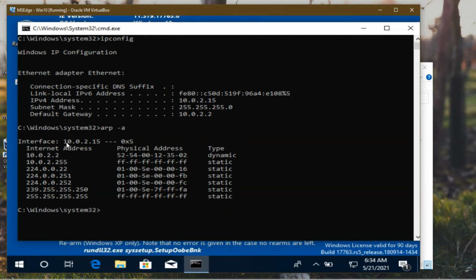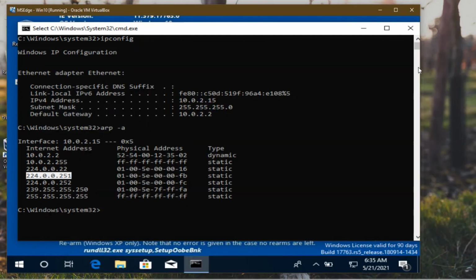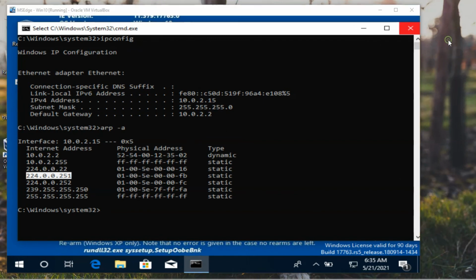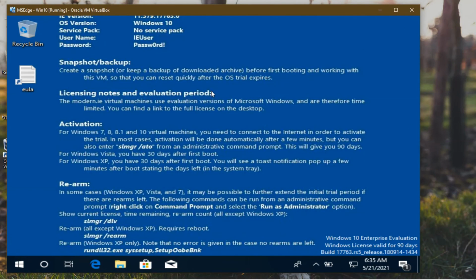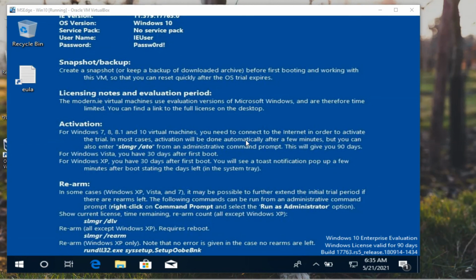This is my interface IP address. See, these are the connected IP addresses, these are the subnets, and these are the physical MAC addresses. This is the MAC address of my router. We can see all the connections connected to my computer and what IP addresses my Windows system is using. We are going to see this later. In this video, we set up the Windows 10 virtual machine. We see here the IP address and default gateway. If you have any doubt, please comment below. I will try to answer quickly.